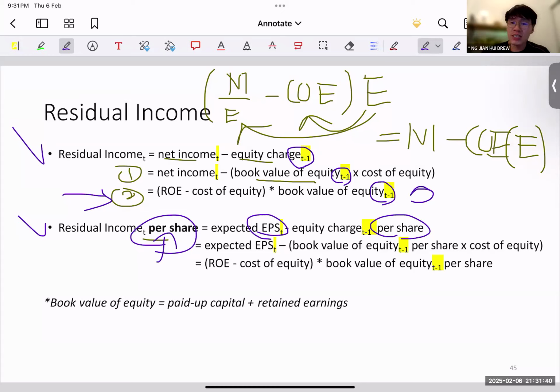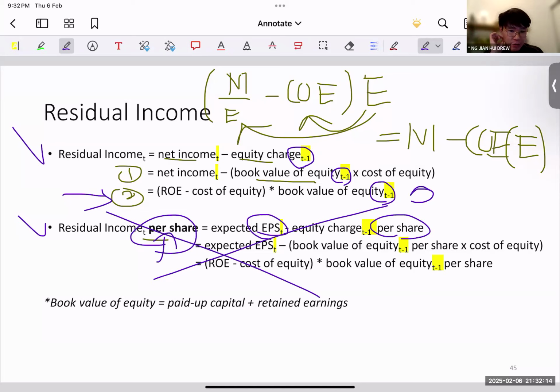Why did I put two formulations here? Because sometimes for your own valuation report, of course you can use whatever is most convenient. But sometimes, let's say in a quiz or short answer question, they give you EPS. If I did not talk about this at all, you might ask, what's EPS? If you do not connect the dots that EPS is just earnings per share, the same as net income per share, then you will not know how to do it.